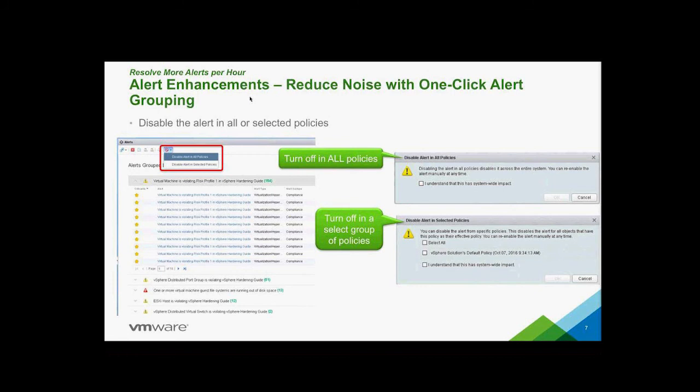What it basically means is, let's say you figured out that you want to disable this alert which you see on your screen, which is virtual machine is violating risk profile 1 in vSphere hardening guide. You can see there are 154 such alerts. Now, given the fact that you're not even doing hardening through vROps and you're not worried about this alert, you just get an option to directly disable this particular alert from the policy. So if you click on the disable button on the top, you get two options. One is to disable the alert in all policies or in a selected policy, which in my opinion is a great option